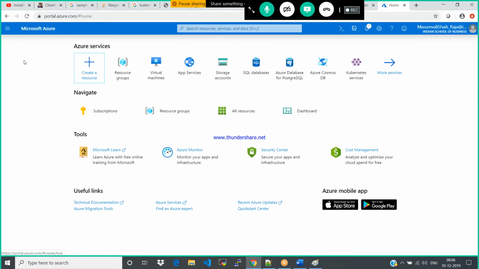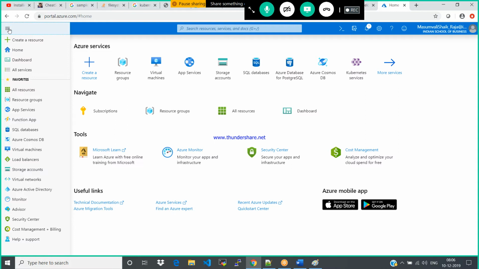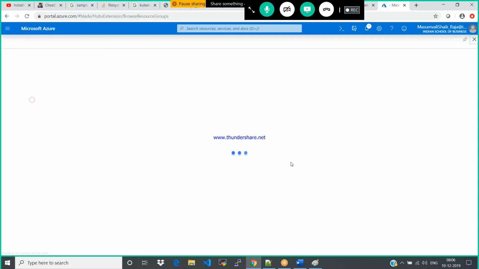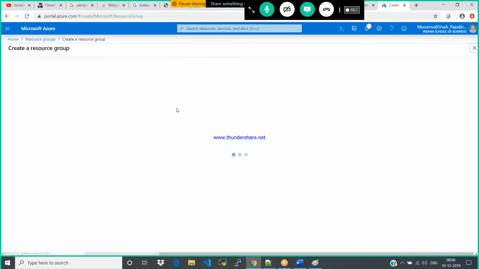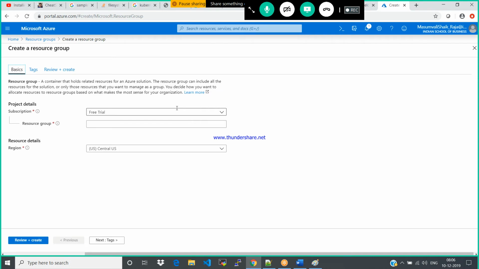As per what is our requirement here? To configure the point to site. To configure the point to site, what is the mandatory resource group? So, just go to all services. Here you can see the resource groups. Just go ahead and, so as of now there are no resource groups. Empty. Just add. You are creating the resource group now.